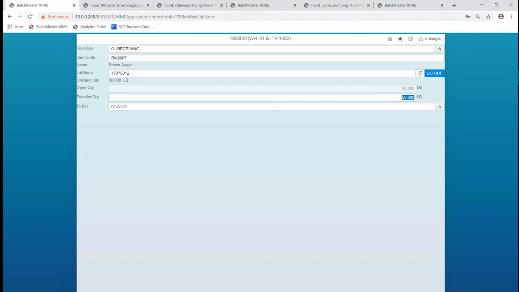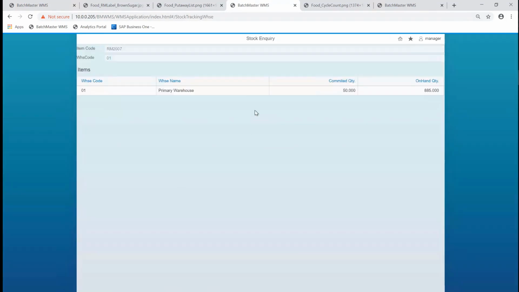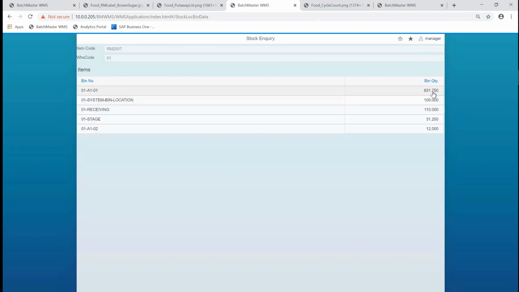And then that's done. That moves the inventory from the receiving bin into the next location, whether that's for a quarantine or something else. But maybe what you want to do is also just do a similar stock inquiry, right? You want to find out where all of these lots live right now. So I can do that using the stock inquiry, or I can do it from the spot count screen. In this case, let's do it through the stock inquiry. This tells me that I have on hand 885 pounds. Let's figure out where that is. So right now it's in all of these different